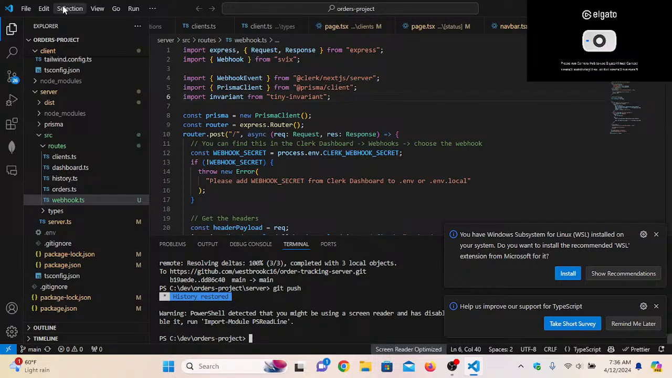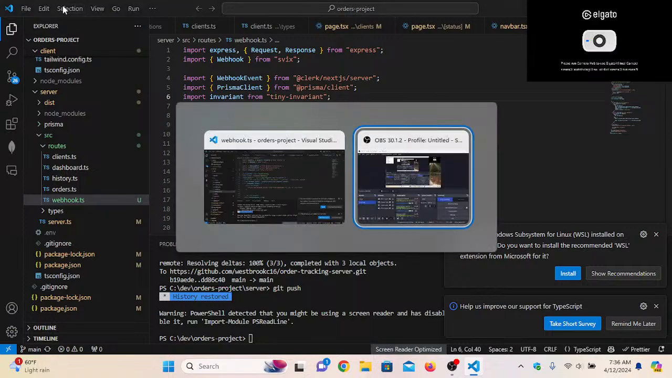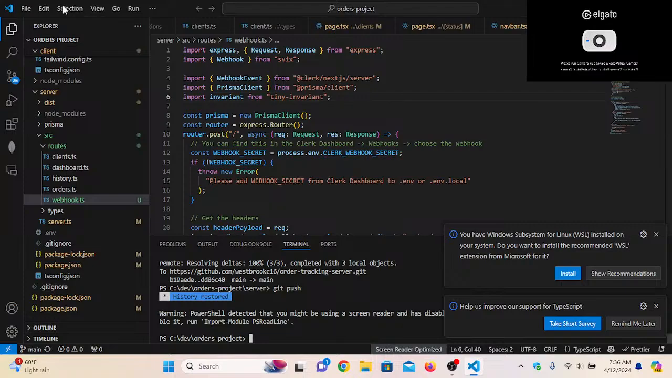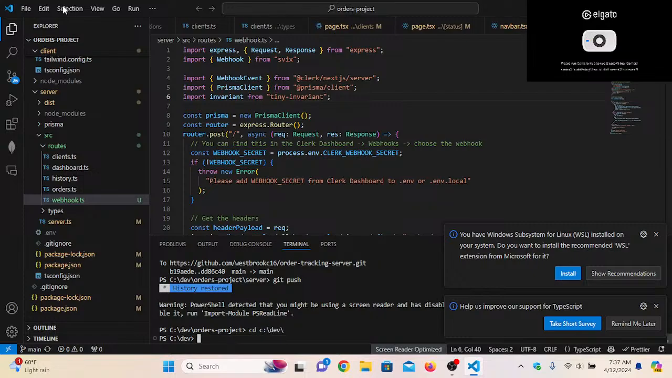Alright, I'm going to open the terminal window here. Okay, so I'm going to go to my dev folder here. I'm going to make a new directory and I'm going to call it